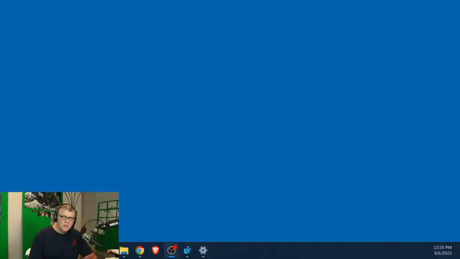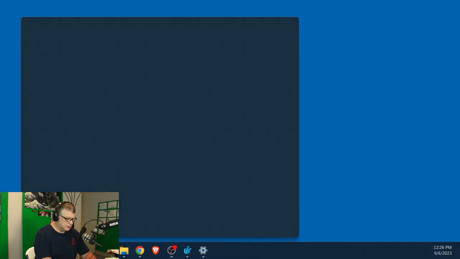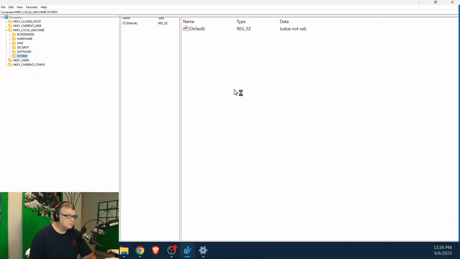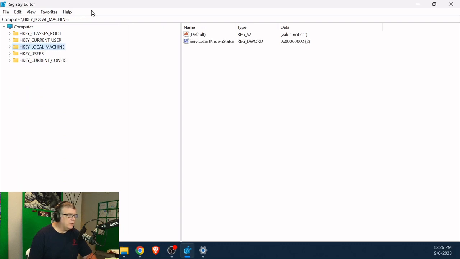I'm going to go up to my screen. You've seen this before. And what I'm going to do is go to the registry editor tool. So I'll go to search. And there it is. I don't have it as an icon. I don't have it as a shortcut on my desktop. I just don't use it that much. And I'm going to go to it. And lo and behold, here is the Windows registry.